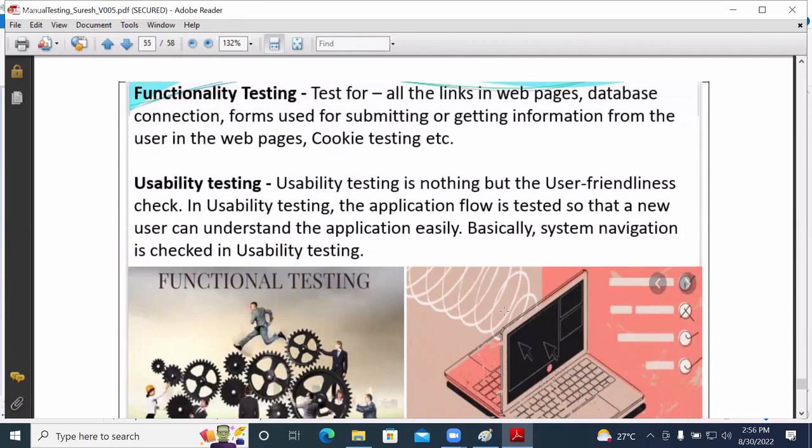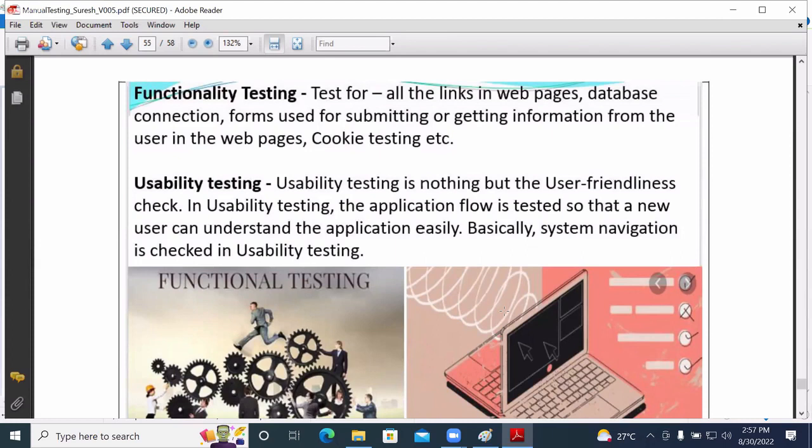We need to check whether the text box is working, the checkbox is working, the drop down is working. That is what we consider functionality testing. In a similar way, we have usability testing. Meaning of usability testing.